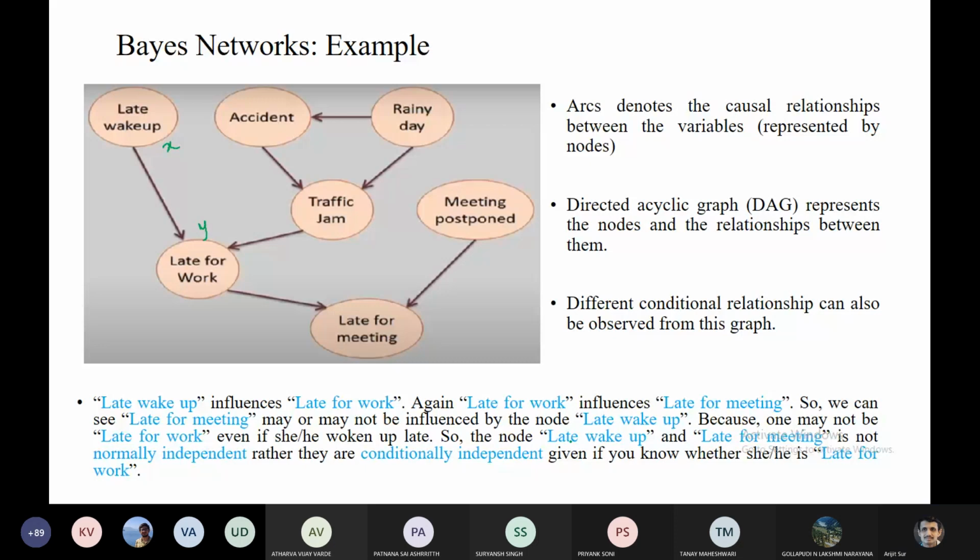The node late wake up and the node late for meeting, these two nodes are not normally independent because there is some relation between them. But we say they are conditionally independent if we know whether she is late for work. What I'm trying to say is, you can say late for meeting